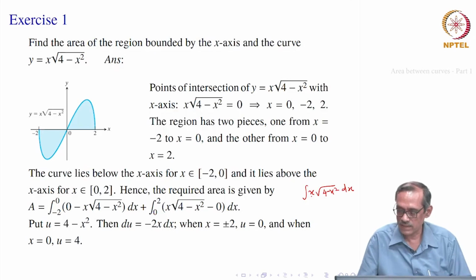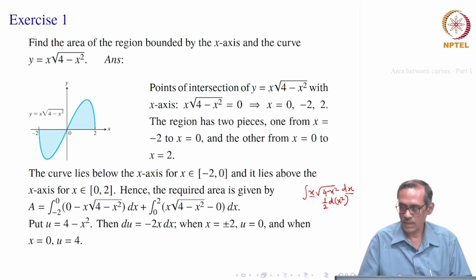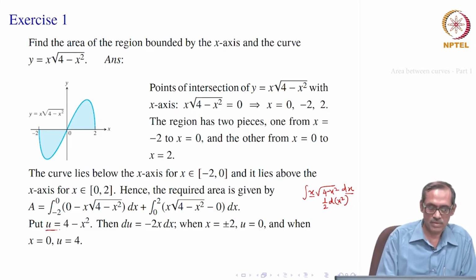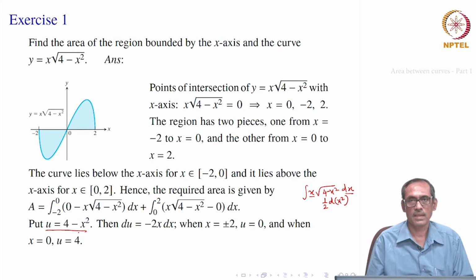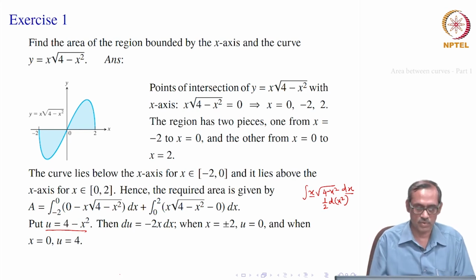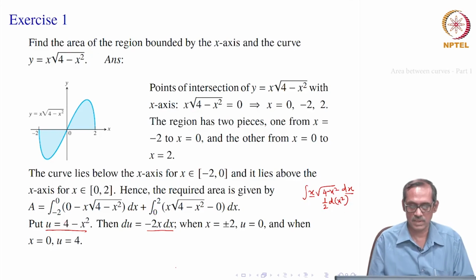Now, we find here that x dx is really half of d of x square, or even we can take 4 minus x square directly. There is a constant that will become 0 and one negative sign will be added. So, we substitute u equal to 4 minus x square, fine. So, once you take u equal to 4 minus x square, its differential du is minus 2x dx, 4 gives differentiation as 0. Now, we have to talk about the limits.